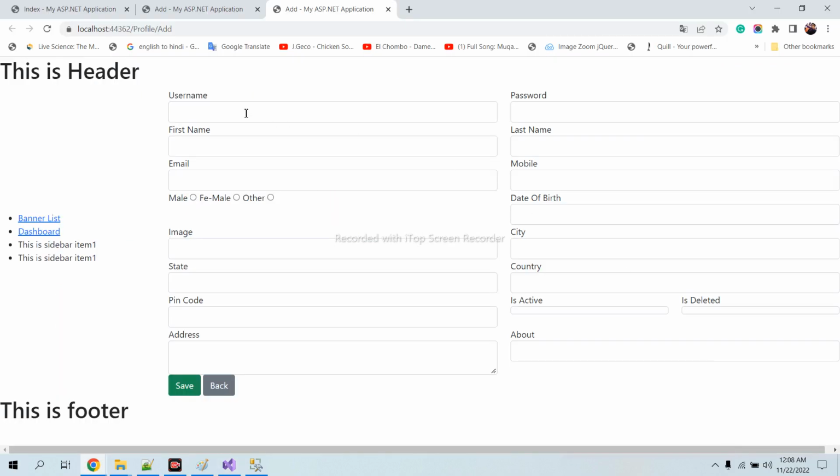Yes, you can see that username, password, first name, last name, even one word. You can see here male, female, other. When I click, it will automatically switch. Date of birth, image, city, state, country, pin code. You can see that is active and is related. We haven't removed the form control, that's why it's